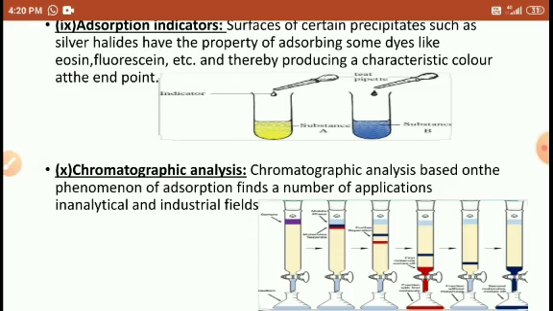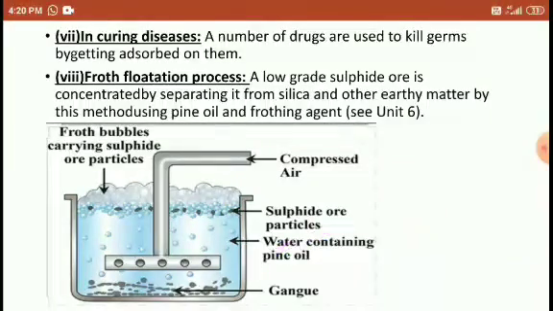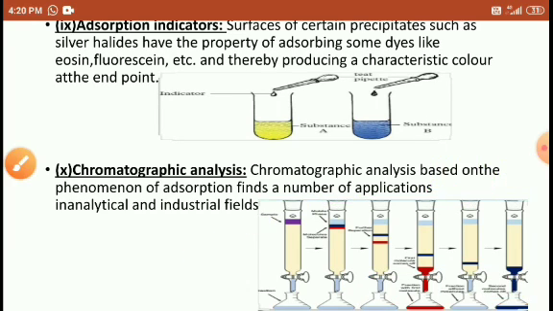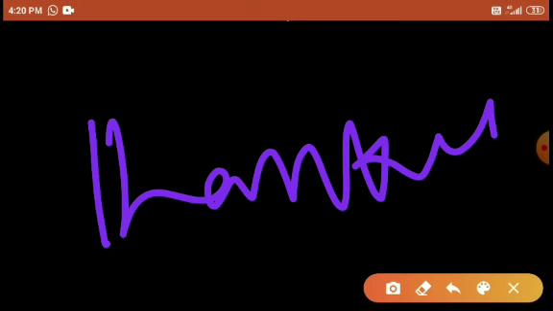So it means in this method we are separating the red color, blue color and violet color. Right students? So this is the chromatography method. Okay students, this is our today's topic. I hope you understood. If you have any doubt, then students ask me. Thank you.